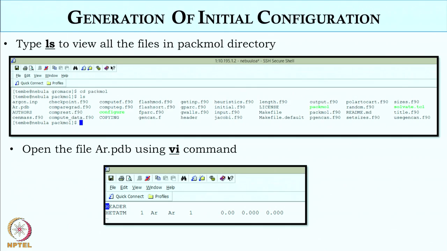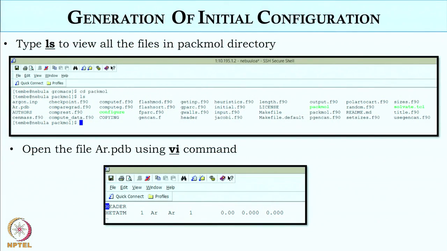We want to start with liquid argon because argon is one of the simplest fluids. Something like water or CO2 or any molecular liquid will have several atoms in a molecule, whereas argon is just a single atom. So if you have say 100 or 200 argon atoms, you just have to specify the coordinates of those 100 atoms. Atom simulation is far easier than molecule simulation, so we are starting with argon so that you get a good feel for this. The lower part is the structure of the PDB file. I will give the details of the PDB file in my next slide.